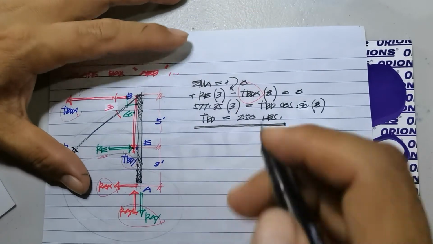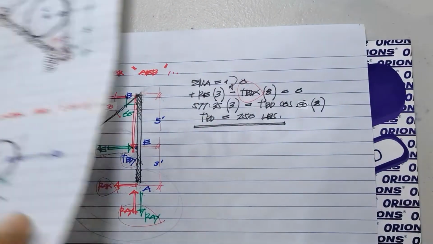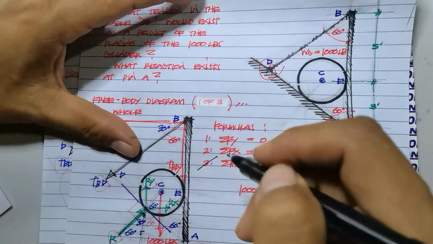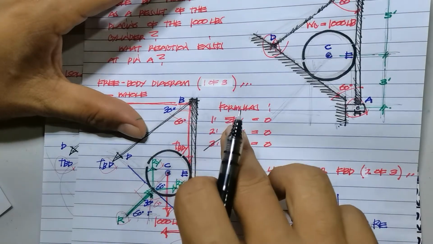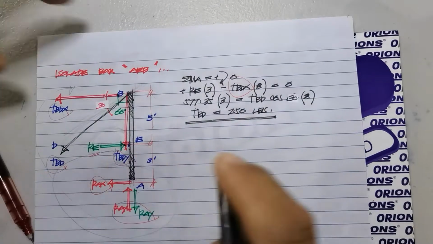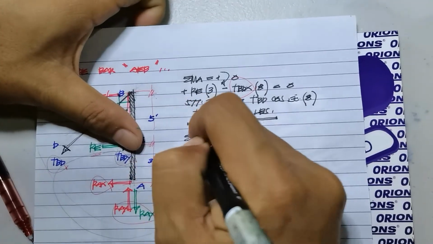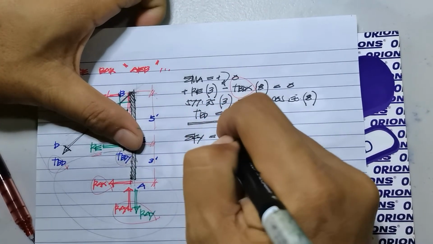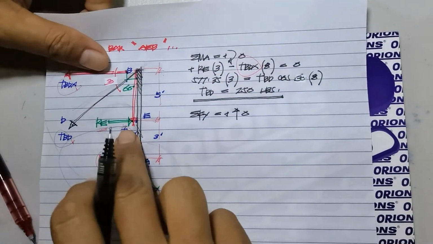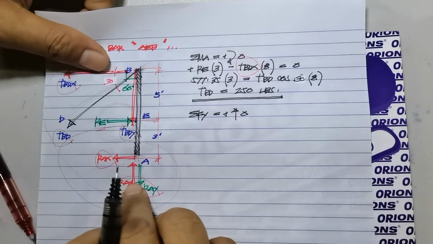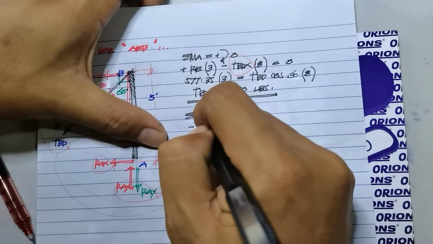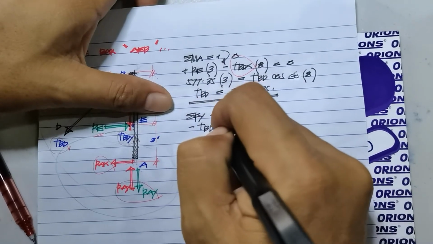So, how do we get the value of it? What we will do here is, so far, we have already used the moment summation. So, next is our vertical equation. So, vertical equation. Summation of forces vertical. All forces going up are considered to be positive. Based on this configuration, we only have two vertical forces. So, TBD of Y,